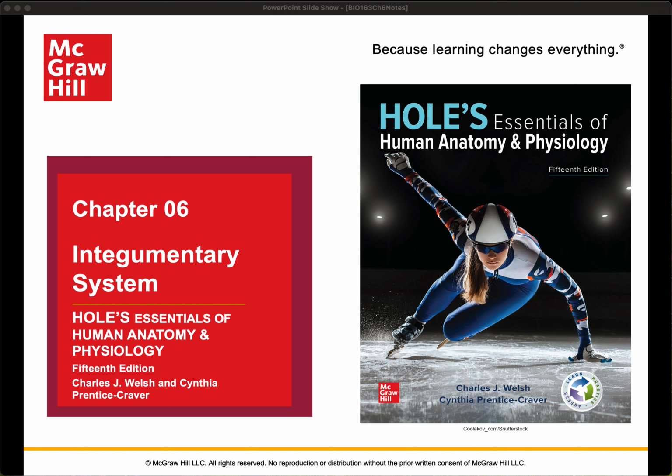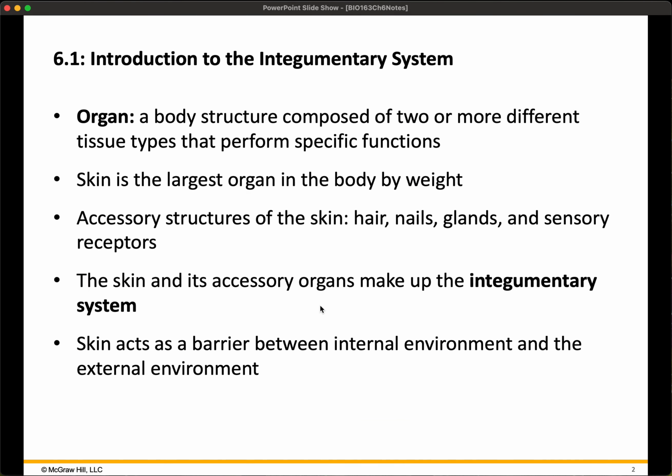Hello and welcome to the Chapter 6 lecture video on the integumentary system. We covered the integumentary system in lab last week, so hopefully that gives you a little foundation for this lecture, and you remember some of those concepts that we're going to see again here. So just to start off, reminding ourselves, last week we looked at tissues, and we talked about